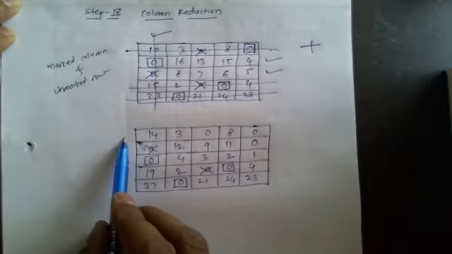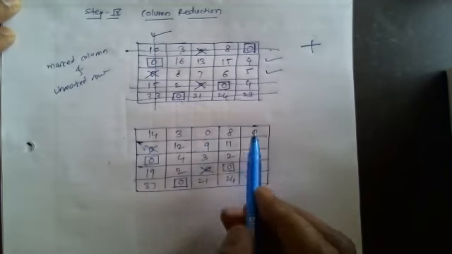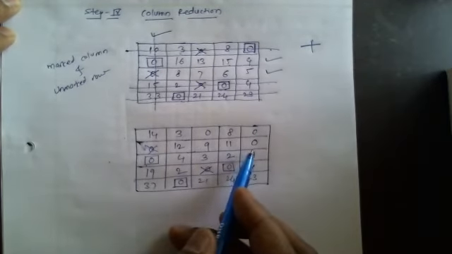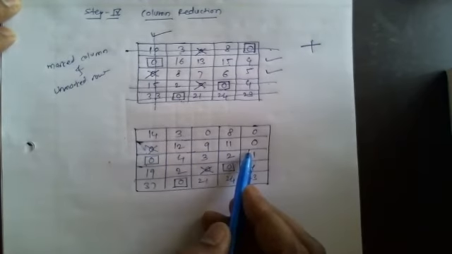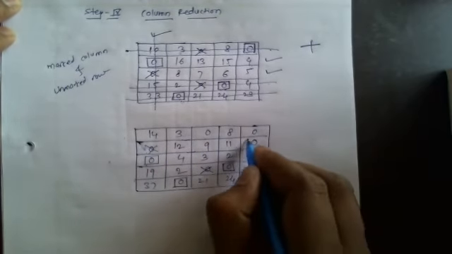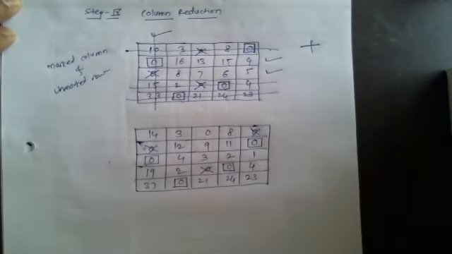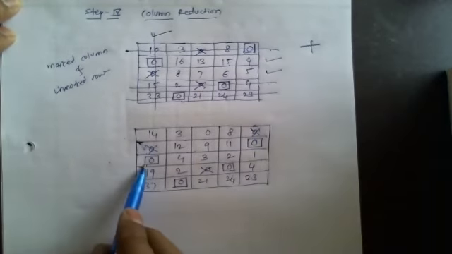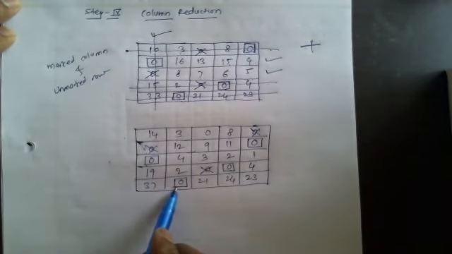So again what we have to do, we have to again repeat the procedure. So again start with first row, check single 0. In first row again we are having 2 0, so I will skip. Now in second row I am having single 0. Okay, there are 2 zeros, but 1 0 is crossed. So now only 1 0 is available. So we can assign here and we'll cross this 0. Okay, now third row we are having assignment, skip this step. Fourth row again we are having assignment, so skip this row. And in fifth row again we are having assignment, so skip this row.